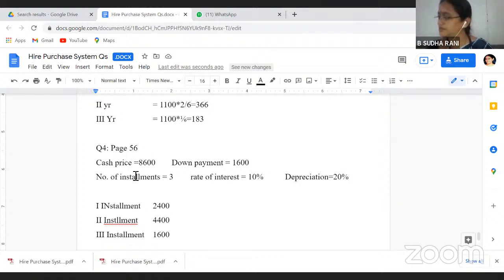Don't worry about the depreciation. Right. Now,